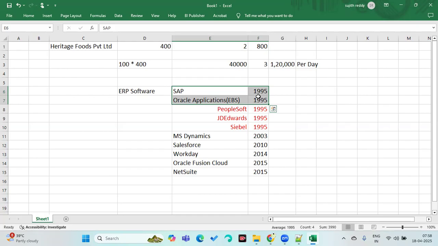If your business is running normally, then you will stop whatever research, innovations or new enhancements you want to do, you will try to postpone them because right now we are not that much in profits. So we try to use the current software as it is. That's why the job openings will always be in SAP and Oracle applications.